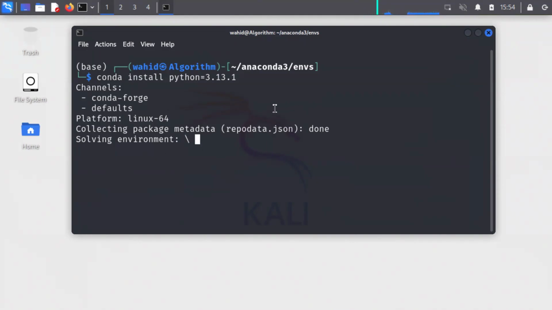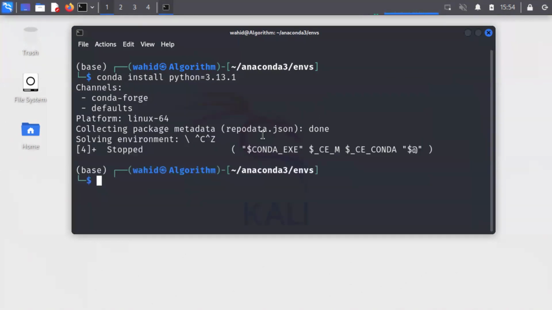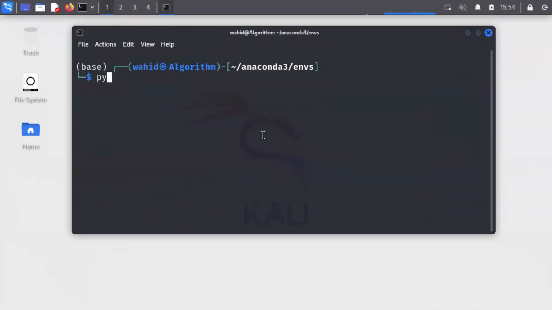So something is wrong with the Anaconda and Conda Forge channels, or those channels are maybe not available or something. That's why it's not resolving it. But if it solves for you, then just do it. I'm going to Control Z out of it so I don't have to do it. Python dash version